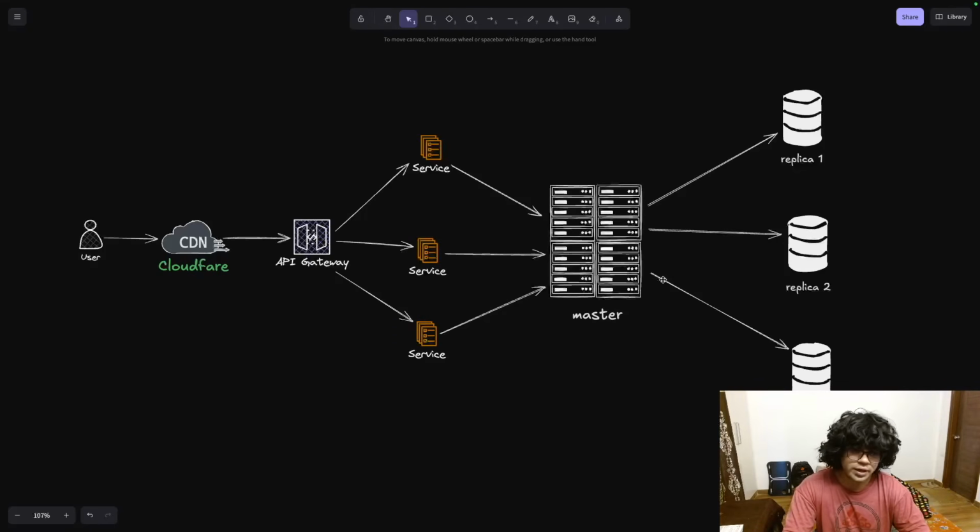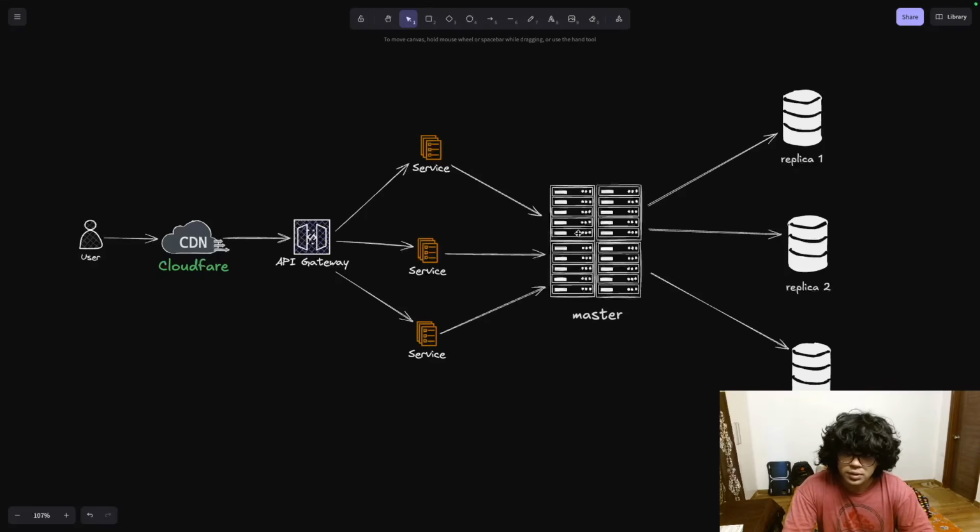And finally, it hits your master DBs, right? And whatever changes you write in your master DB are replicated to all the replicas. All the reads are done through replicas, and all the writes go to your master DB, right? This is a fairly straightforward architecture about how systems really work. Now, this works well, okay?